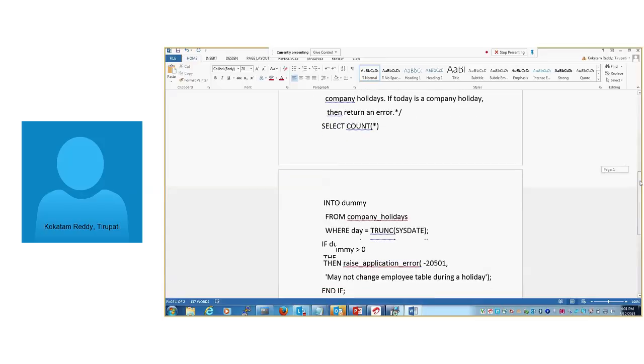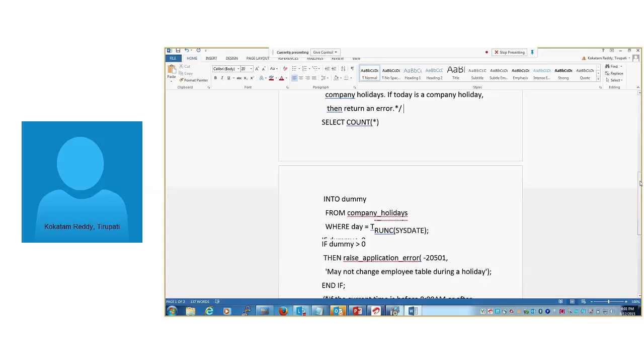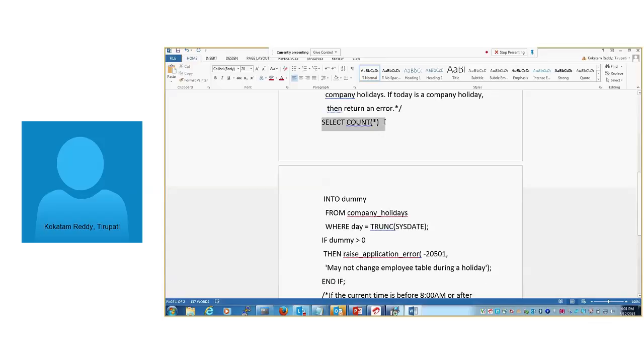Through SELECT COUNT(*) INTO dummy. Dummy is a variable; we already took one variable named dummy in the declaration part. Right now we are moving the count of records into dummy, the count of company holidays.